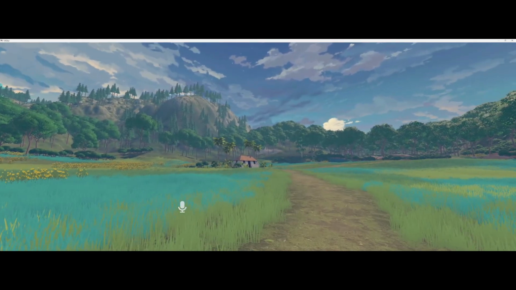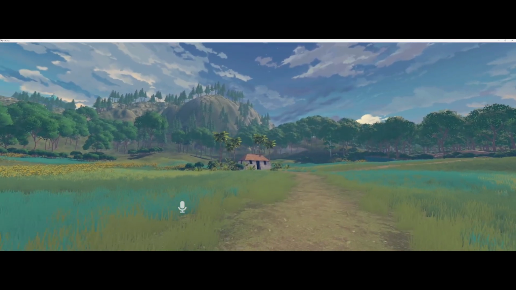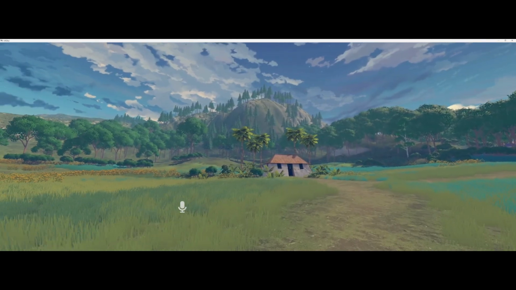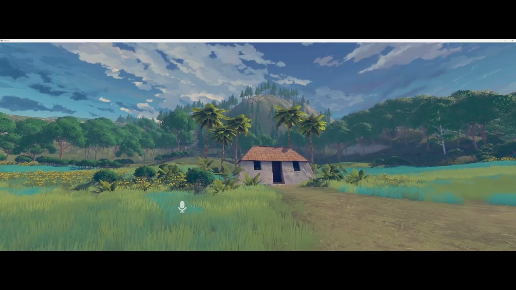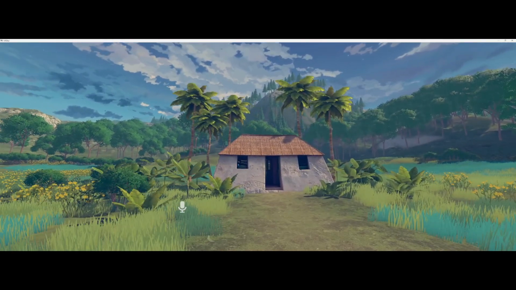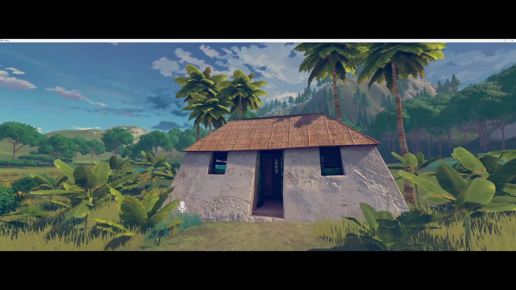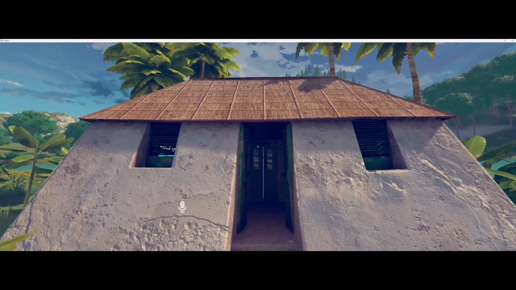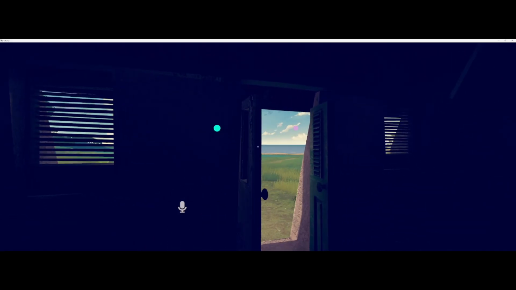So this house is called the Kunuku house, and you see them a lot on Curacao. They used to be used for housing slaves. There were a lot of slaves on Curacao, and at some point, when the Dutch colonialists arrived on the island, they made it the number one economy, sadly. There were also plantations on Curacao where slaves worked, and they would live in these small little houses